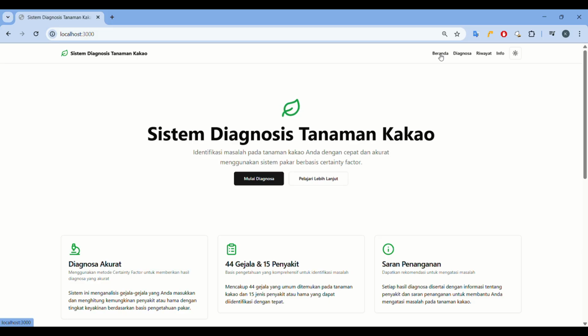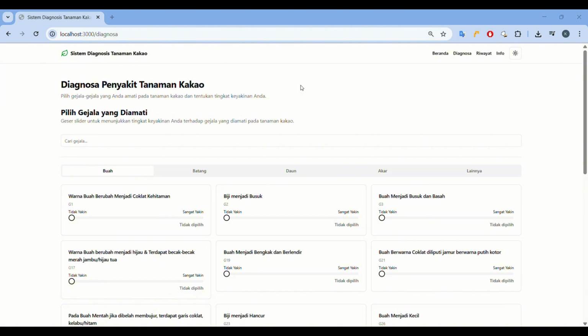the diagnosis process. In this demonstration, we will input several symptoms into the cocoa plant diagnosis system along with their user confidence values. The symptoms are represented as G followed by their number, and the percentage indicates the user's level of certainty for each symptom. The selected symptoms are